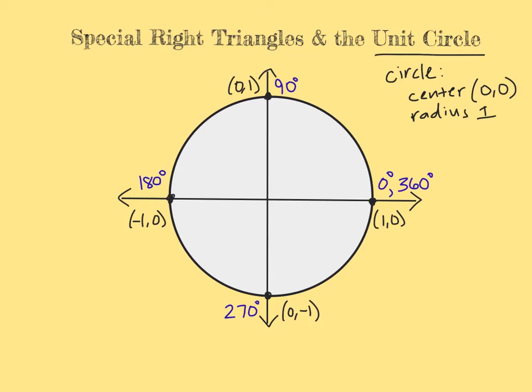But the unit circle also deals with radians, and those are the measurements that have pi in them. So you probably remember pi over 2 or 3 pi over 4, things like that. Radians are just a way that best express the measurements on a circle. Degrees work very well, but the language of the unit circle